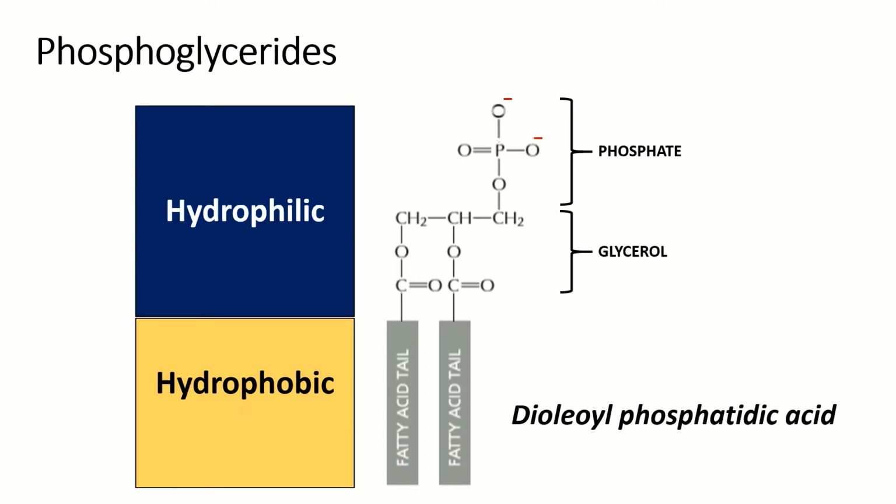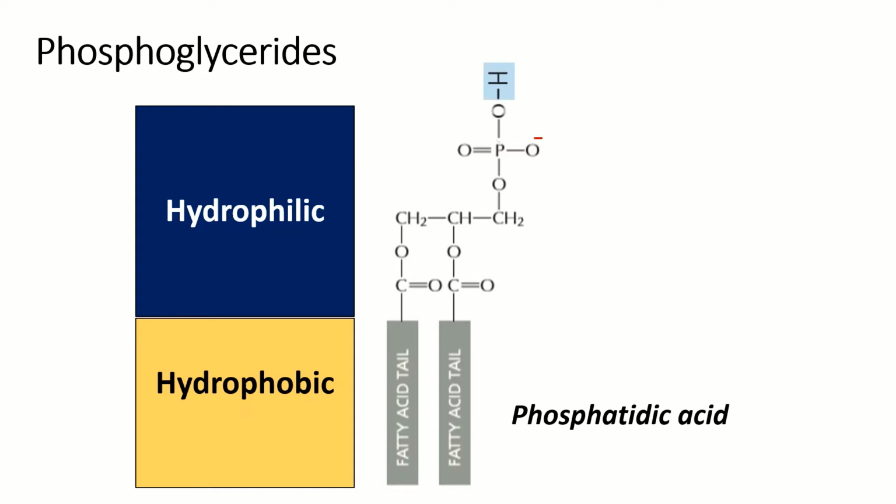So here's the first one, phosphoglyceride, also known as phospholipids. There are many types of phospholipids. They're known as phospholipids because in the head there is a phosphate group. So here's the simplest one, the name is dioleoyl phosphatidic acid. This is a phosphoglyceride or a phospholipid. Here's another phospholipid, phosphatidic acid. Take note how the head portion of the phospholipid